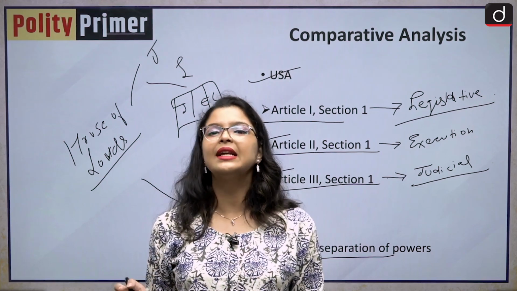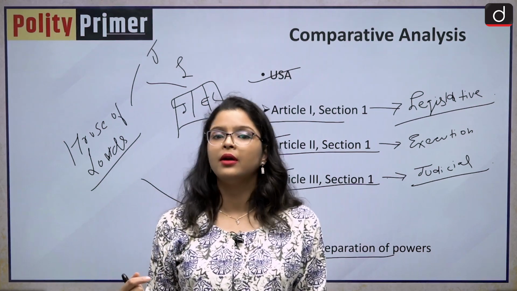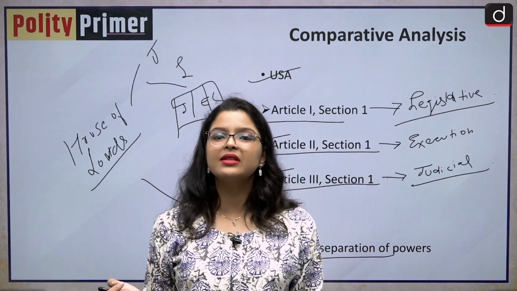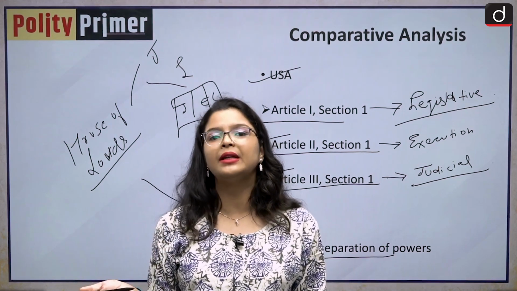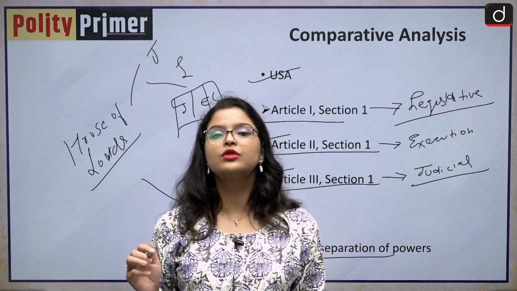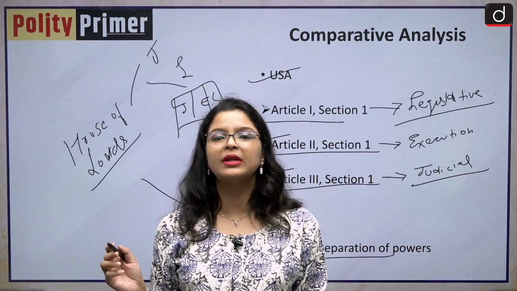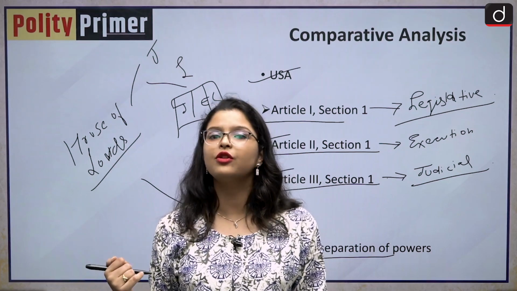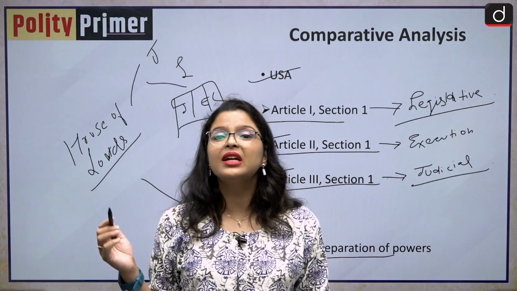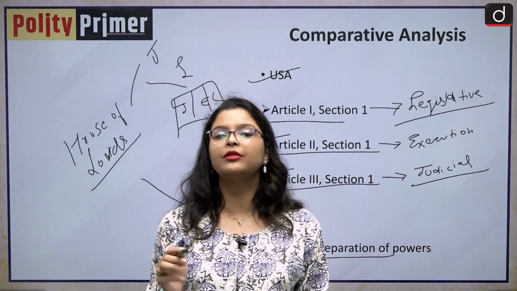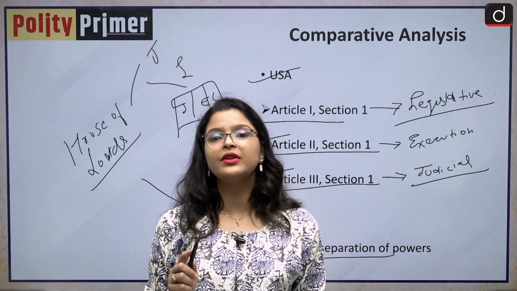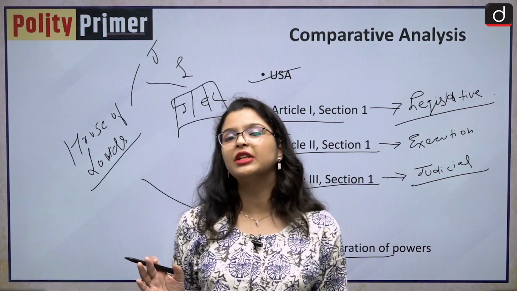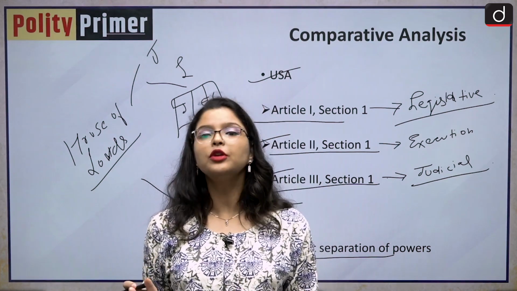That is why we are saying that there is absolutely no concept of separation of powers in the UK. And in the UK, the judge of the Supreme Court can be removed by the Parliament, which is not there in the doctrine of separation of powers. The doctrine talks about a clear-cut power division between the three organs of the government. But in the UK, the judiciary is also dependent on the decision of the Parliament. The removal process of a judge is entirely dependent on the Parliament, which shows that there is absolutely no separation of power in the United Kingdom.